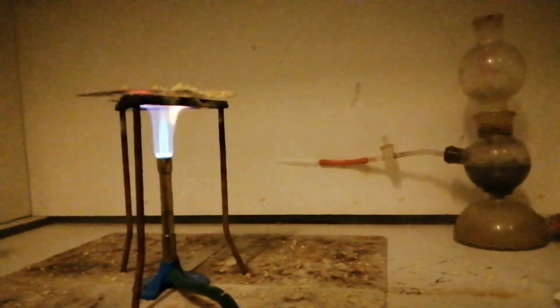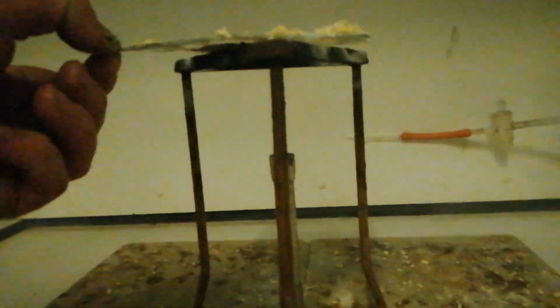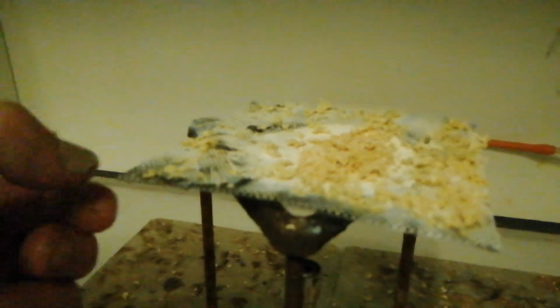Shouldn't take very long. The sulphur has now ignited, and it should react quite spectacularly with the zinc. And the fume cupboard, or fume hood as the Americans will say, is filled with very dense smoke of zinc sulphide. Let me just turn the gas off here. Now we get this lovely yellow powder called zinc sulphide, and it's actually,